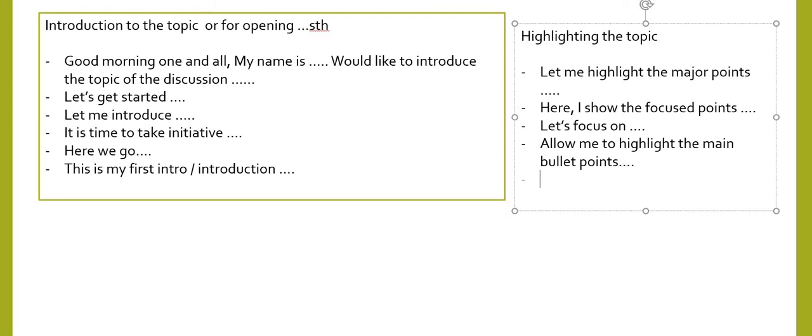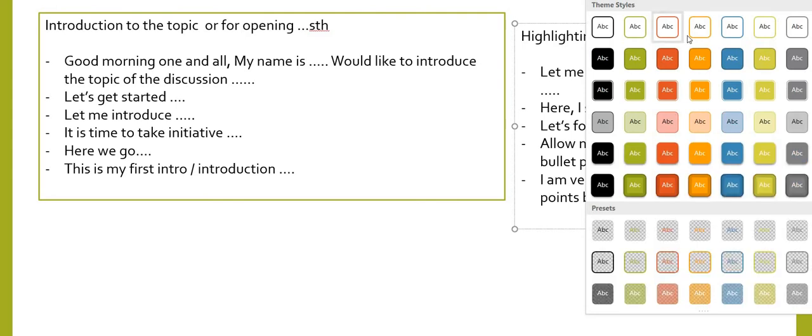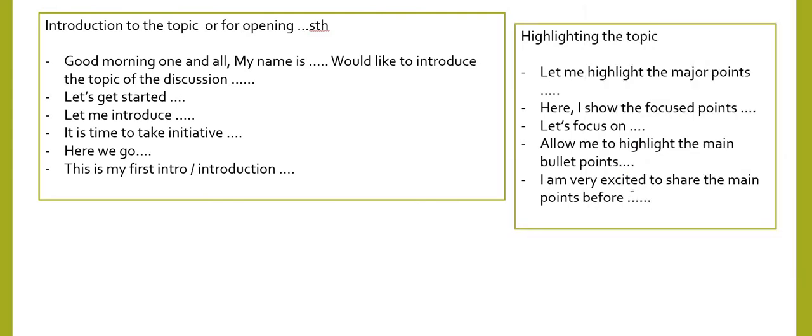One can go in that way. I am very excited or happy to share the main points before we begin. Fine. So this is the best way that we can go for highlighted points, and then we can specify our points to move on.